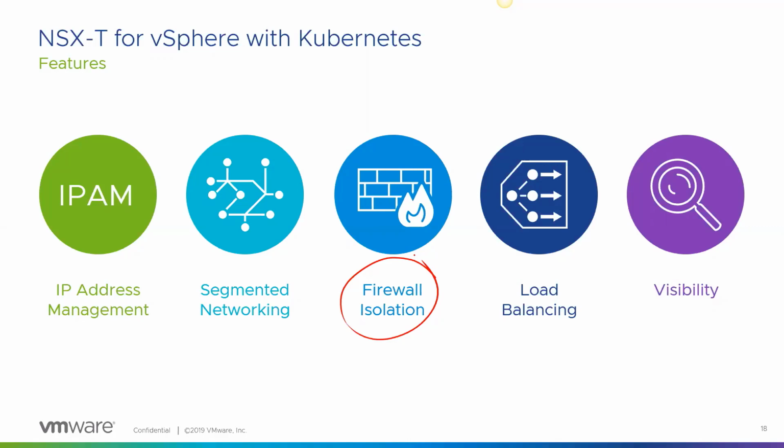All this said, we may also need to allow ingress, traffic in, and egress, traffic out. NSX can provide load balancing and NAT services for these pods run in vSphere with Kubernetes, or again, any other Kubernetes platform. And finally, visibility. I can't, for the life of me, protect or troubleshoot something that I can't see.